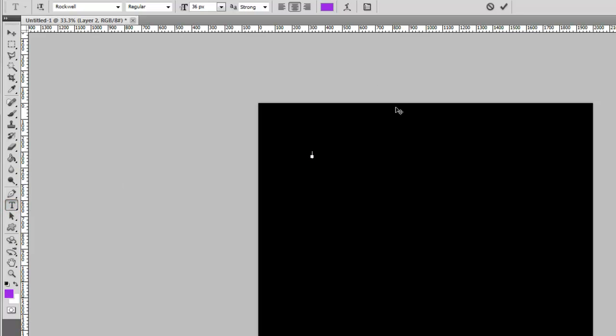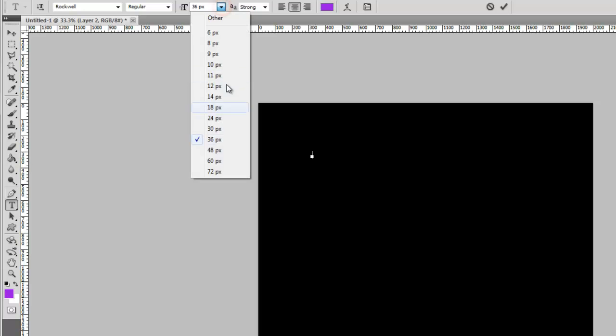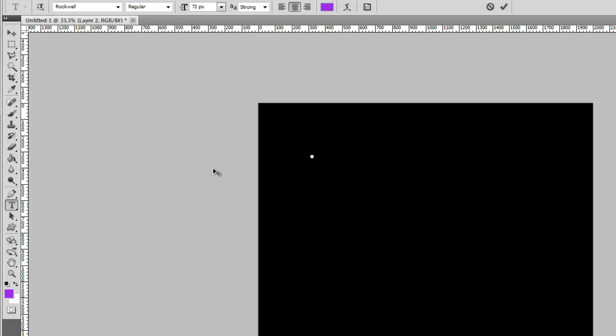What we can do is, it's not very visible because it's very small. So let's say that's not very big, right? So let's try. We can either set it before we type like this. So if I go 72 and I go,